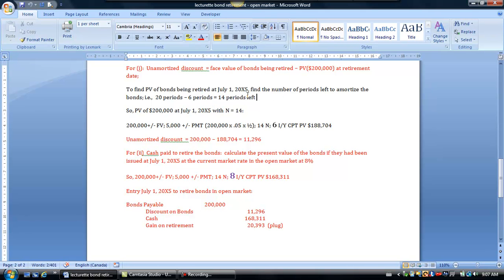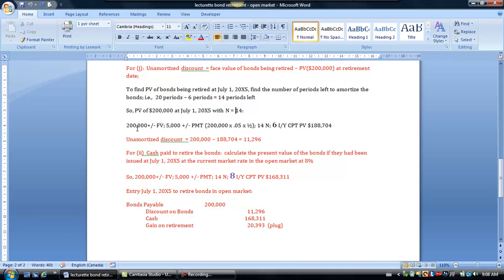Because don't forget, we're retiring the bonds on July 1st, 20X5. Those 200,000 were part of the 600,000 that were issued on July 1st, 20X2. So we have X2 to X3, that's 1 year, to X4 is another year, and to July X5 is another year. So that's 3 years. But each year has 2 periods because the bond pays interest semi-annually. So we're now going to calculate the present value of those 200,000 in bonds based on an N equals